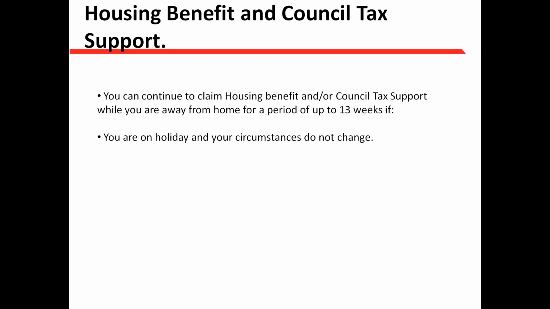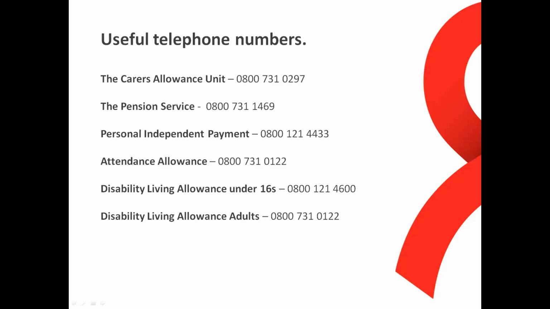And just one final thing, as we know, there isn't one single telephone number to let each individual benefit department know in a combined way. So depending on the type of benefit, you would need to contact each individual department and let them know. We can never assume that they're going to talk to each other. When it's in our favour for them to talk to each other, then they don't. But when they want to know about overpayments, then they do seem to have the ability. But it is always our duty to inform them of any changes to our circumstances. And going on holiday is a change to our circumstances.